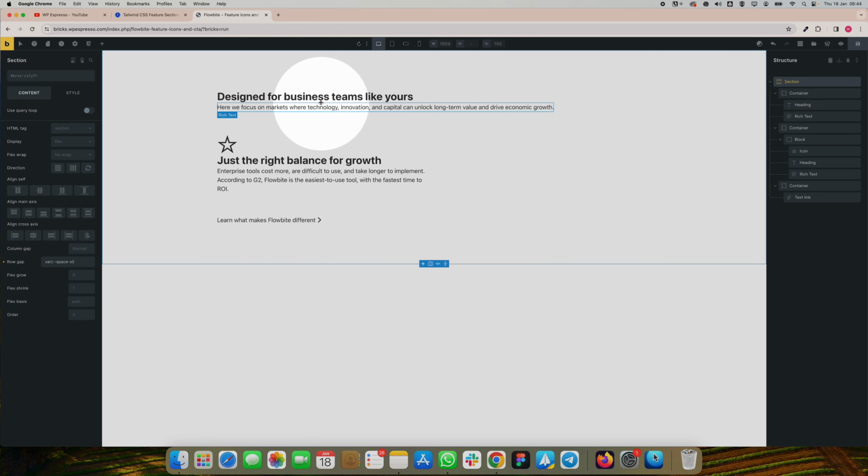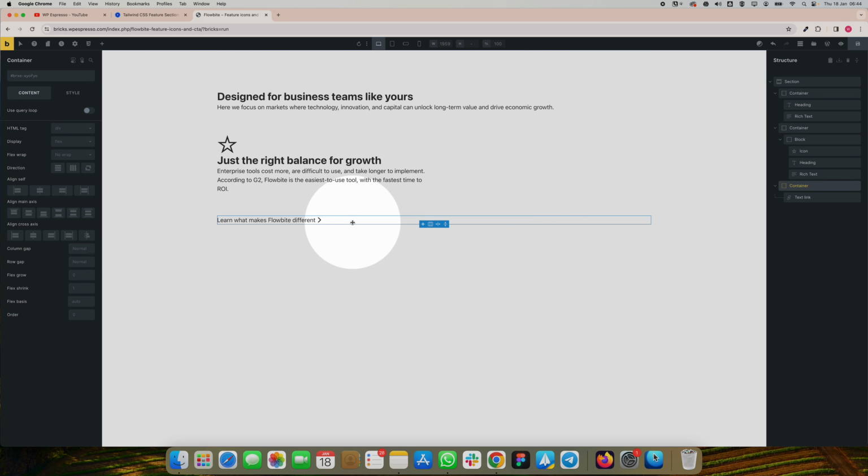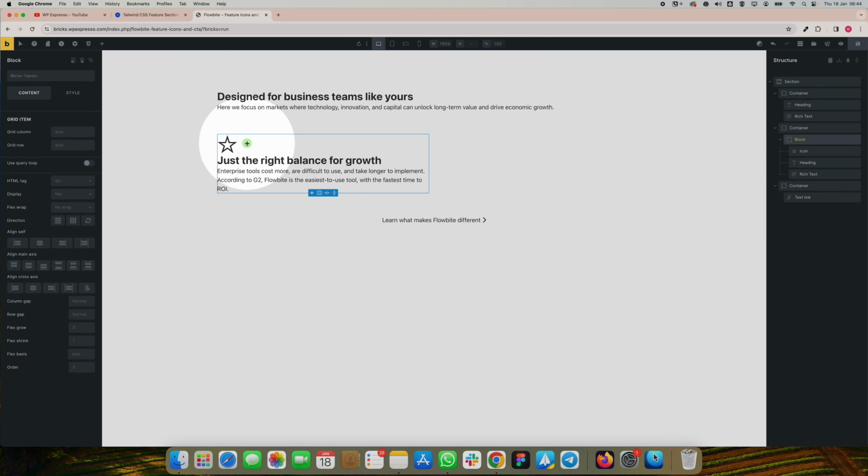Okay, the spacing looks good. Let me check it. Great, so let's select the link now. With the link selected, get on the left side and click on, not this one, I tried, but, oh, it's this one here, align cross axis. Okay, so let's select this, make sure the block is selected, and go on the right side of this